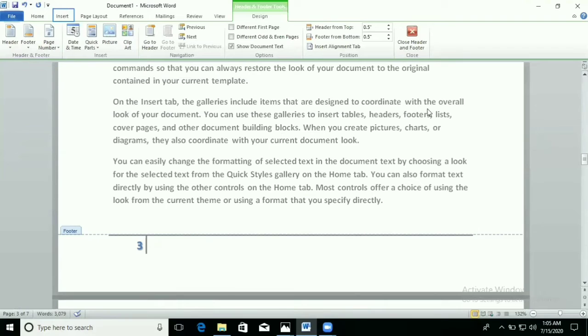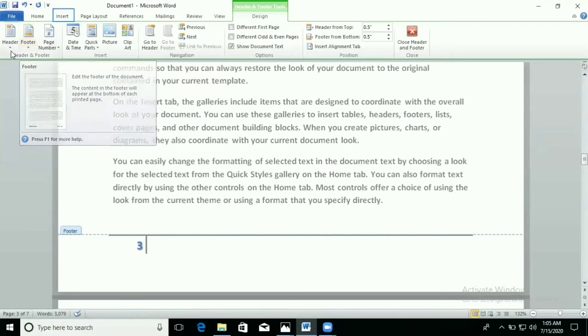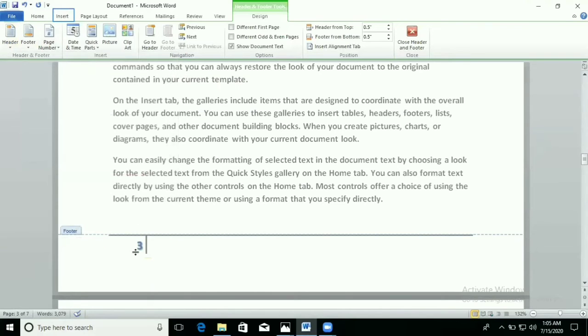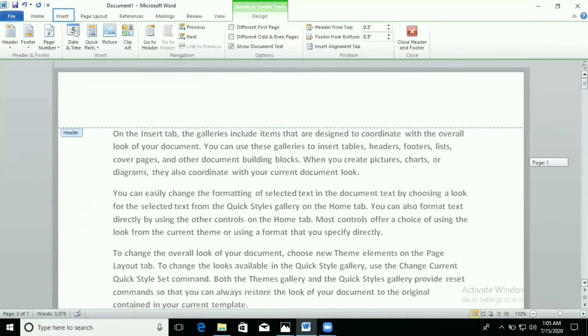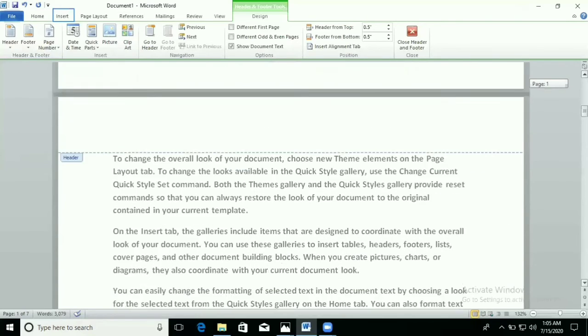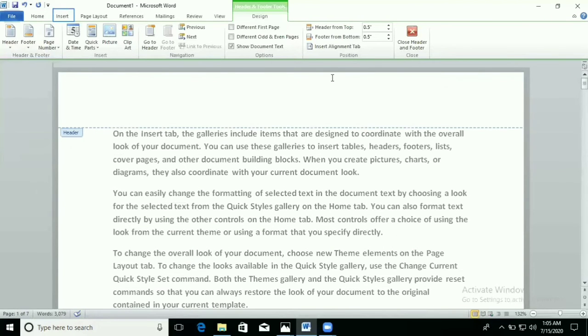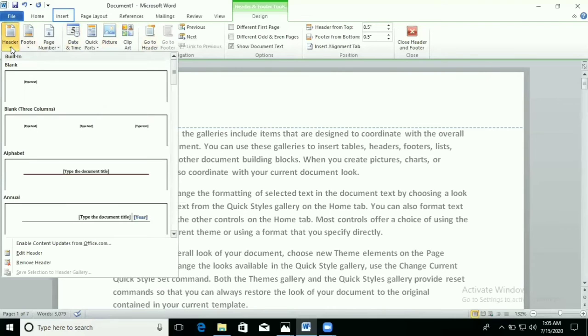If you want to remove the header area or footer area, if I want to remove the header, I will go to the header and I will choose the option remove header. Then automatically you can see from all pages the header has been removed. You can see here this page, next one also. Every page, you can see the header is not here. Again, if you want to take it, go to the header, choose the style.